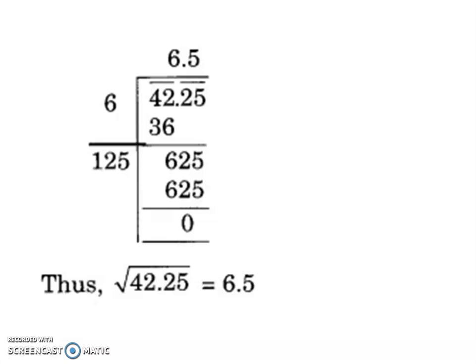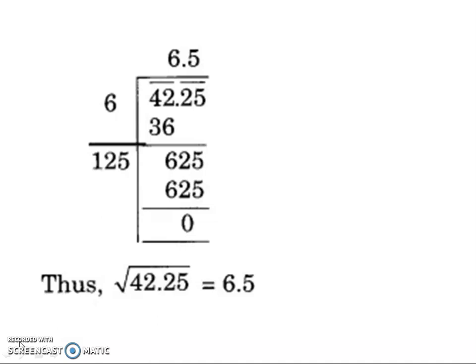Next question. The question is 42.25. Now, how many numbers are there in the decimal part? Decimal part is 0.25. So, you will group it together. What is the whole number part? The whole number part is 42. That also goes for one group. So, 42 is one group and 25 is the other group.